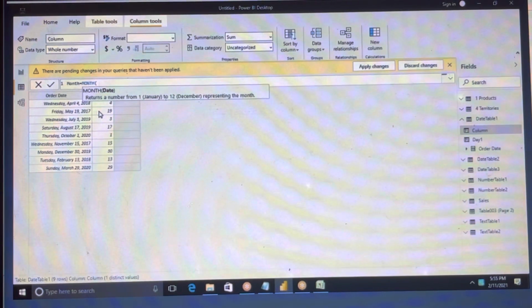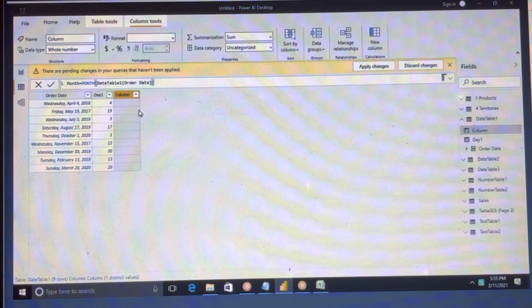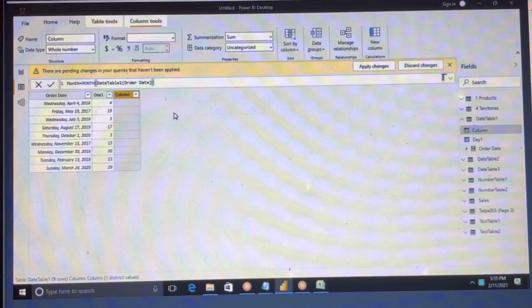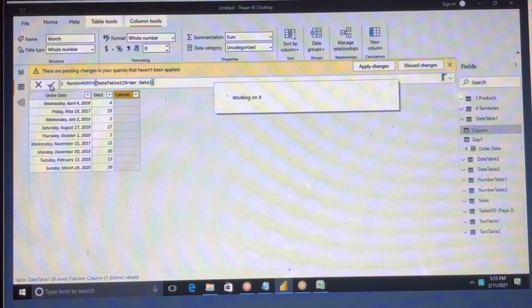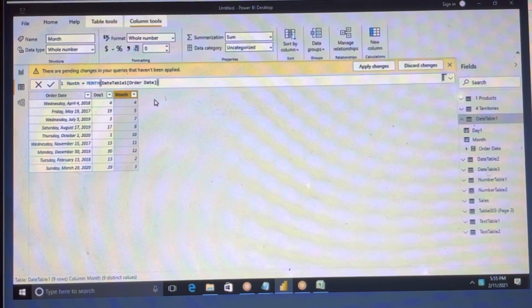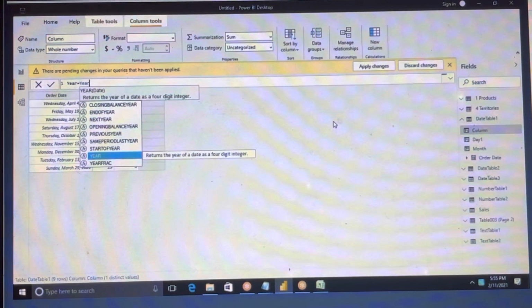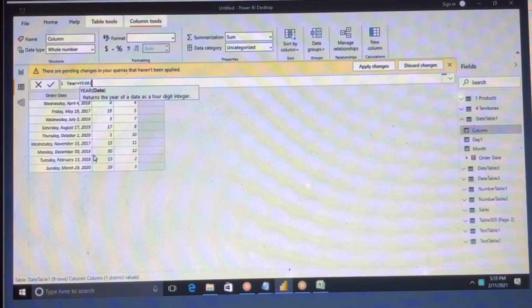Select order date, click OK. Either you can press enter or hit the right arrow button. Even you can add new one. You can use year, here also we have a function, year of that specific date, order date.